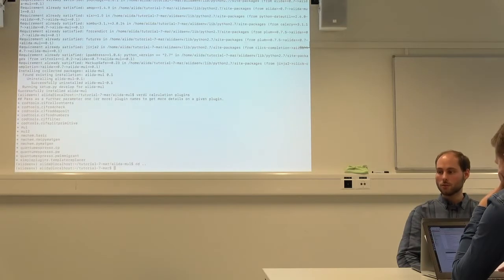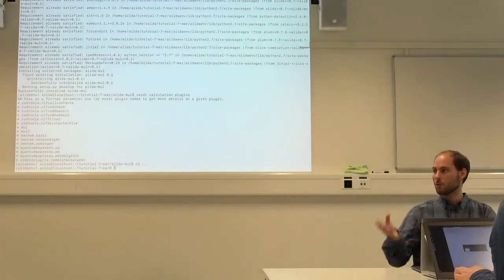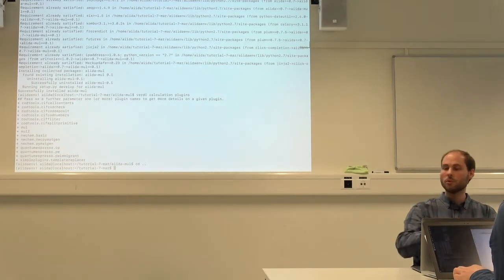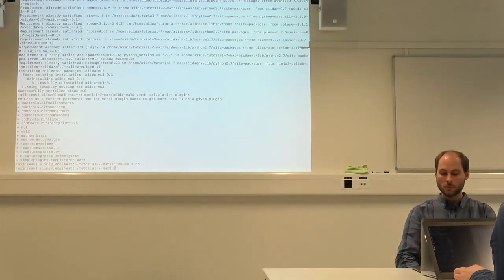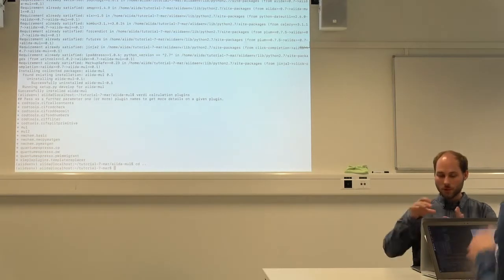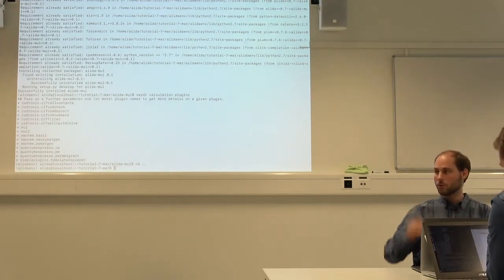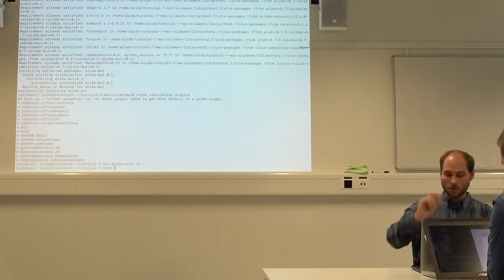If you have a plugin, chances are you already have a repository where you have all your files before you copy them into AiiDA. And you can leave that as it is. You just point to the right place. You don't have to change any of your Python code. It works with AiiDA